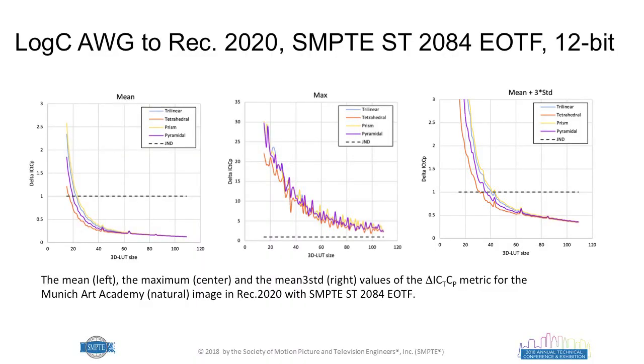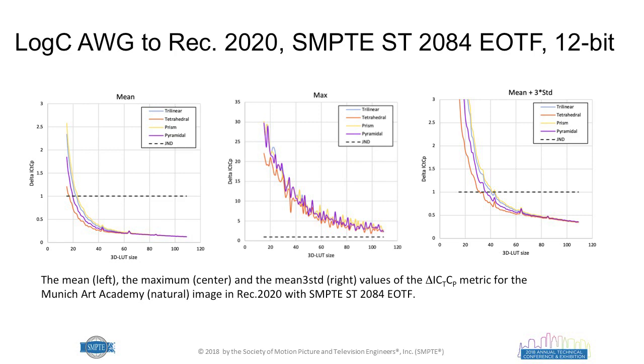The mean plunges very quickly under the JND. The maximum always stays above. And the mean plus 3 standard deviations crosses at 32 cube for tetrahedral, 36 cube for pyramidal, 41 cube for trilinear, and prism crosses at 43 cube. For the colored balls,